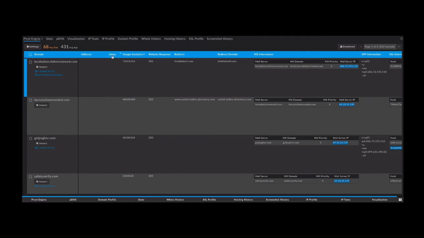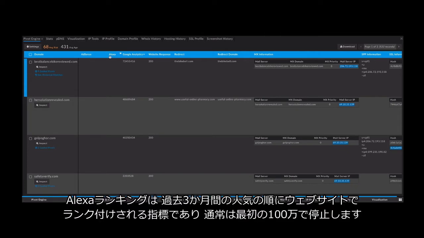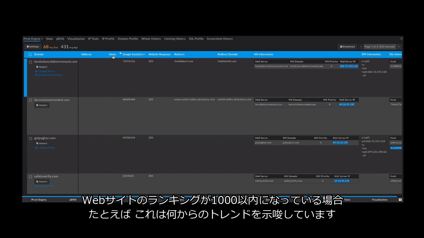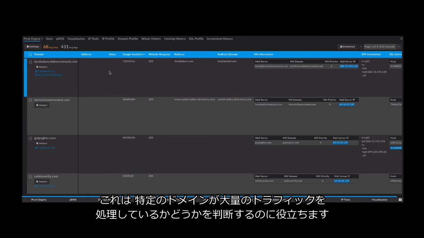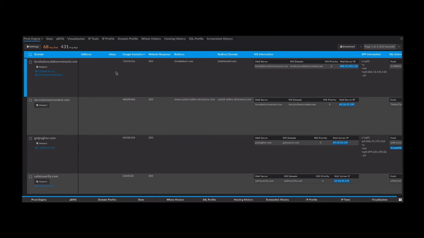Next, we have Alexa. An Alexa ranking is a metric that will rank websites in order of popularity over the period of the previous 3 months, usually stopping at the first million. In the event a website has a ranking in the thousands, for example, this is seen as a directional indicator. This can be helpful in determining if a particular domain is fielding a lot of traffic, which could indicate an